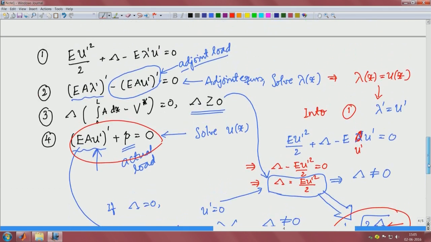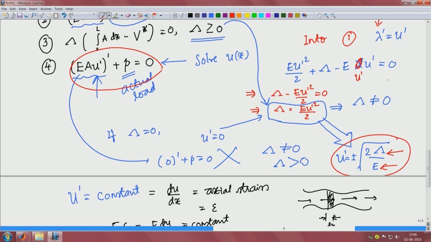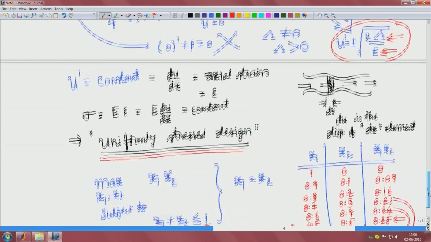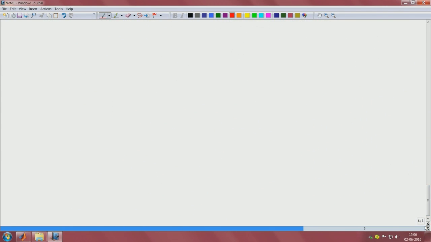Now we can see the design equation, right? That is what gave us u prime. That is what we started, design equation. Even though there is no a, it gave us the feature of optimality here, which is uniformly stressed design, and we got u prime and we substitute over here. Okay. So into the governing equation, which is E A u prime prime plus p equal to 0, and we